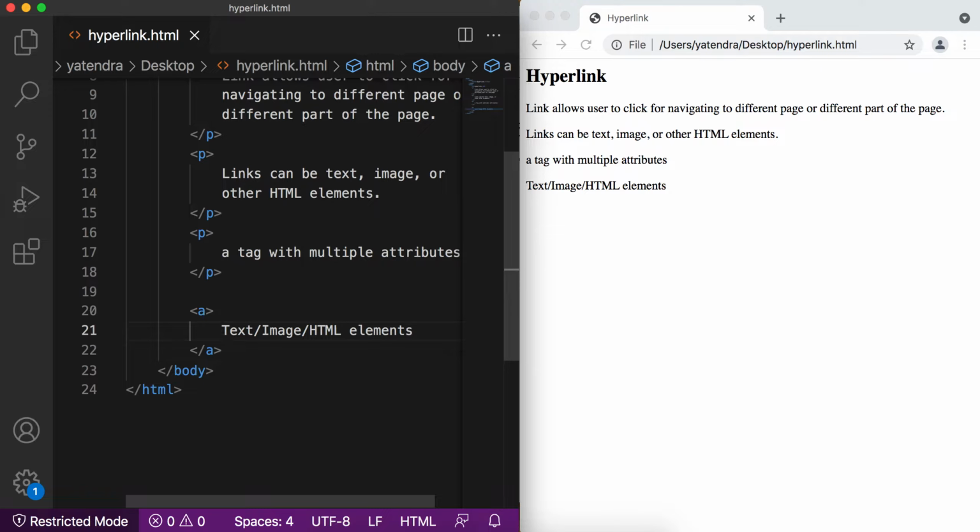By default, it does not have much effect on the page. It shows the text as it is. If I refresh, nothing will happen, right? By use of different attributes, we can extend the functionality of this hyperlink tag. So let's discuss the first attribute, which is the href attribute.